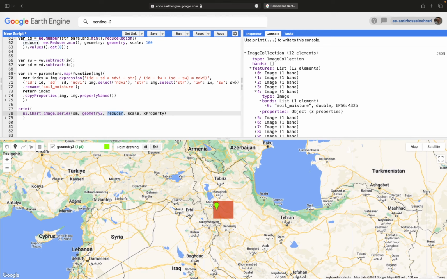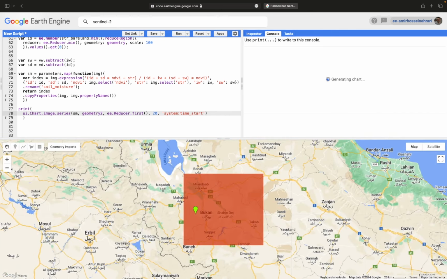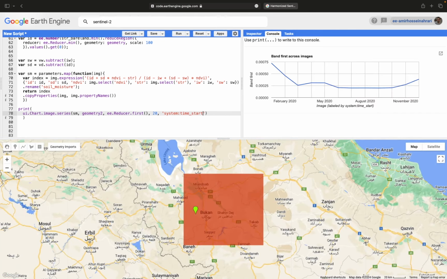In each date, I want to get the first value from this point through reducer.first, helping me to get the first image, and the scale should be equal to, for example, 20 or 15, and the property is system:time_start. Run the code, and we are waiting to see the result. As you can see, this is the NDVI, this is the soil moisture value, but the range of values is